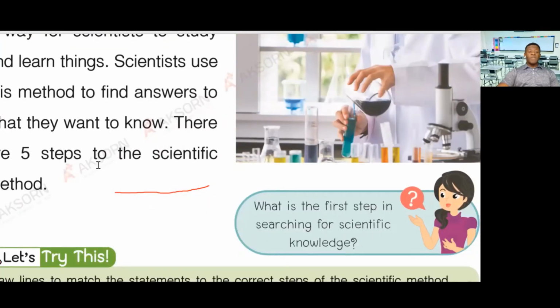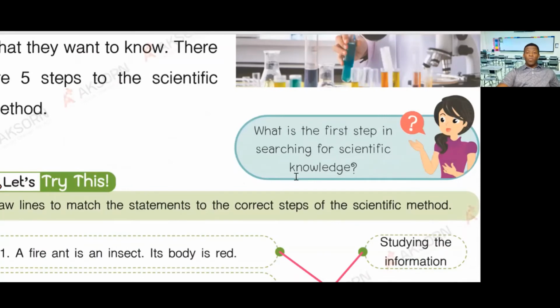There are 5 steps to the scientific method. What is the first step in searching for scientific knowledge? As we have learned in the first class,